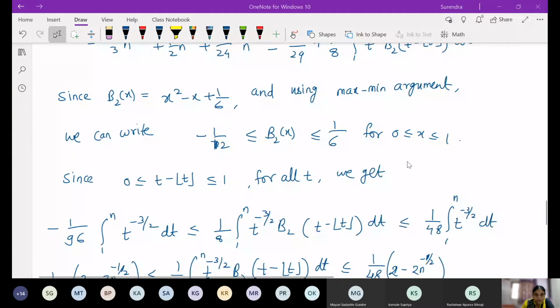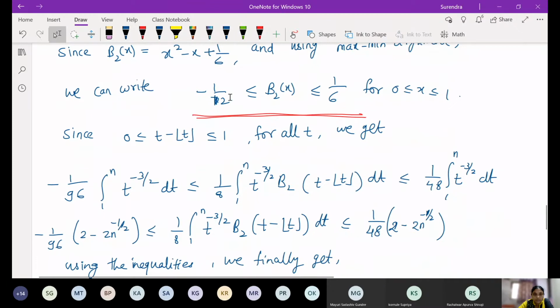So this also you can check on your own. If you don't get it, I will tell again. But first think on this: how are we getting this? How are we finding the maximum and minimum for some polynomial function? You might have done these things in your BSc, finding maximum and minimum values of polynomial functions. You have to use that. So you will get this inequality and then you just have to substitute the values.